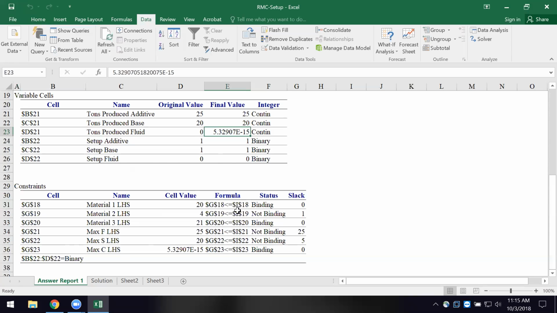So as you come down here and you look at the constraints, you can see the values, the formulas, and whether or not it's binding. And some of these are not binding, which means we've got a slack resource there. We can make a decision not to. As we come down here, we've got some slack resources there. Here again, it's not binding. This is binding. This isn't binding. So it's telling us what we can and cannot change in terms of tweaking this to get a little bit more